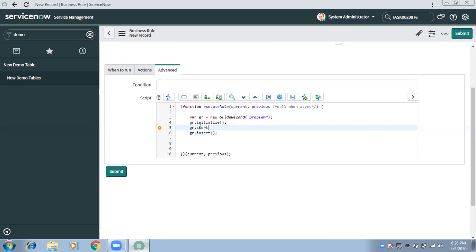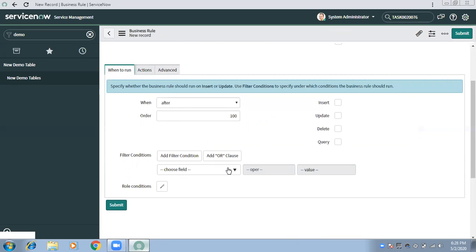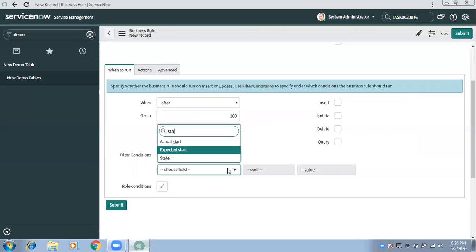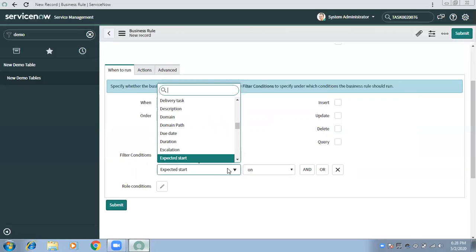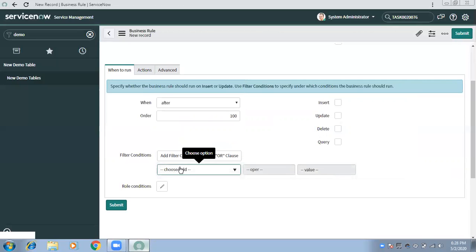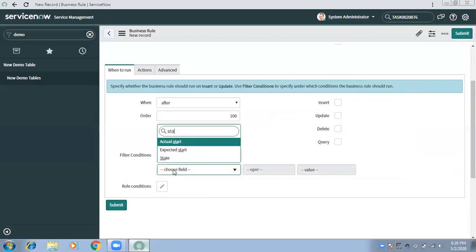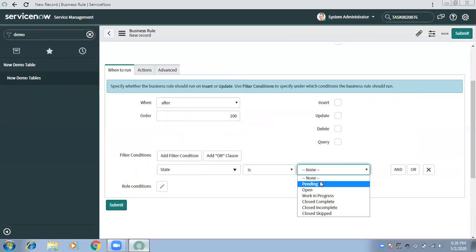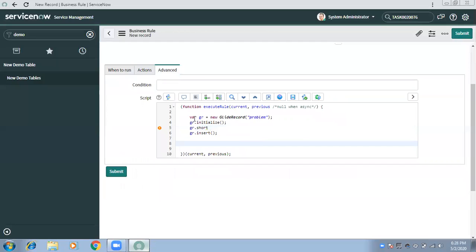Before that, the condition is already here: as soon as state is changed, state is pending and update, my code should run, and this is where I am creating a record. So this is the syntax to create the record, and here I can set the values in between, like short description.